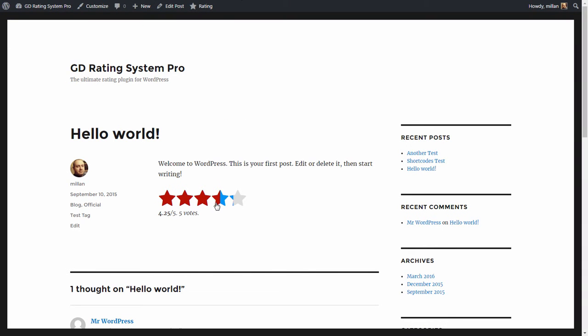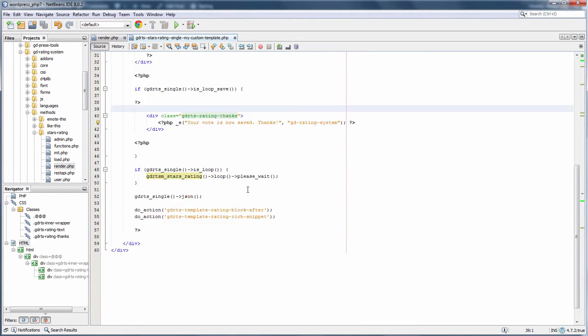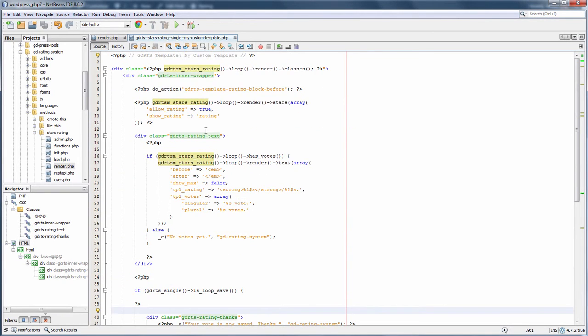And if we vote here, let's say this, here is the new message displayed here. So as you can see, there are many things you can change, and you can add a lot of things here. This is plain HTML and PHP code,